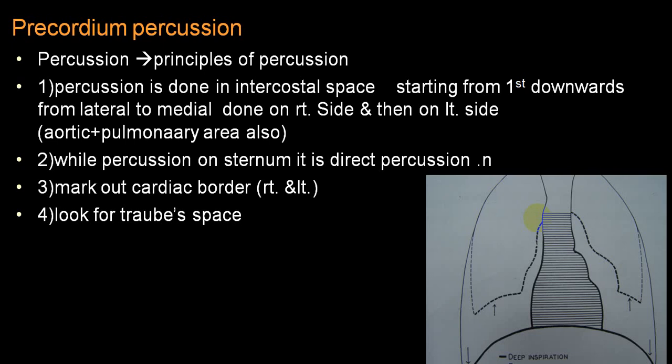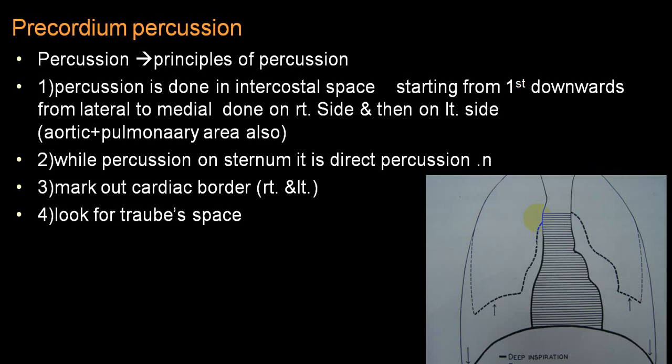This will be related to the heart, and if there is a massive fluid collection, that is a massive pericardial effusion in the pericardial sac, that can produce an increased area of dullness in the right side second intercostal space. So do remember that pericardial effusion can produce dullness in the second intercostal space, and you can demonstrate shifting dullness. So that will be regarding the right side border in the second intercostal space. The rest of the right side border is nearly parallel to the right sternal border.